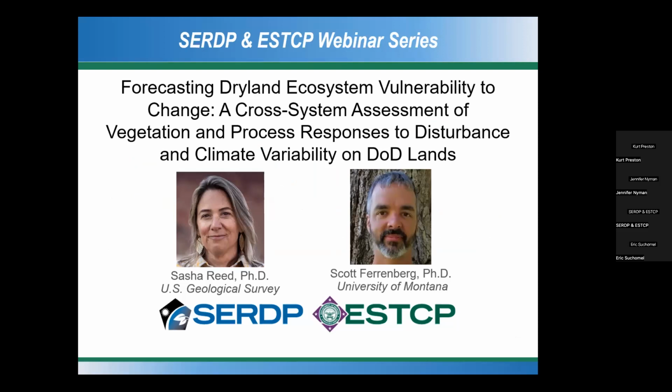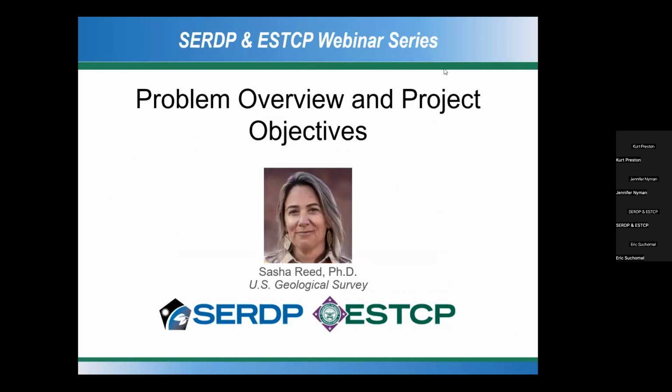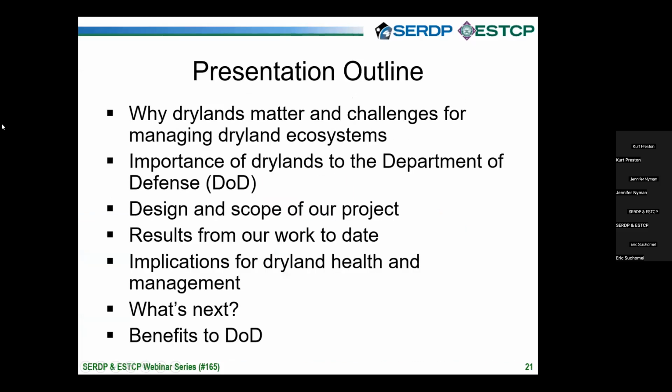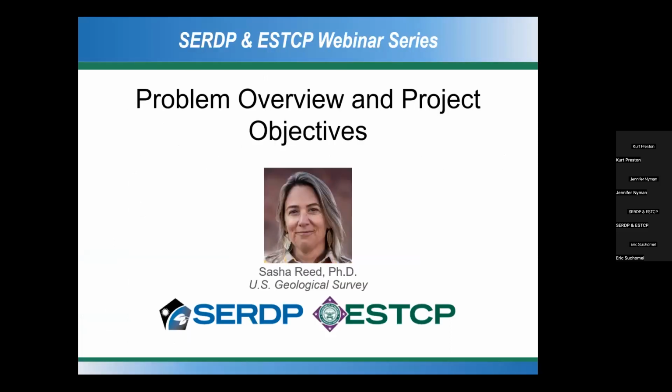The first portion will be given by Dr. Sasha Reed. Sasha is a biogeochemist at the USGS in Moab, Utah, focused on understanding how the Earth's ecosystems work and how they respond to change. Her primary research interests include drought and increasing temperature impact on ecosystems, diverse energy options for meeting national demand, consequences of exotic plant invasion and ways to combat that, best practices for dealing with wildfire, and novel management options for increased effectiveness and efficiency in restoration and reclamation.